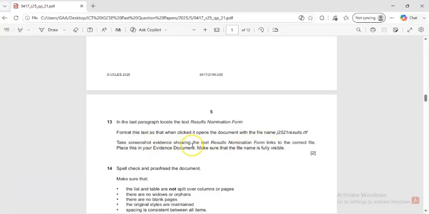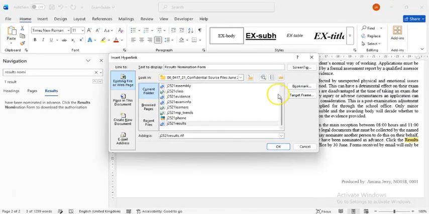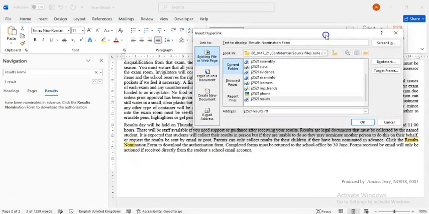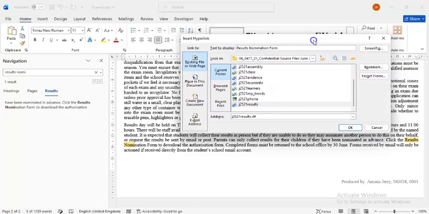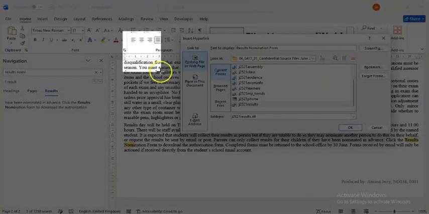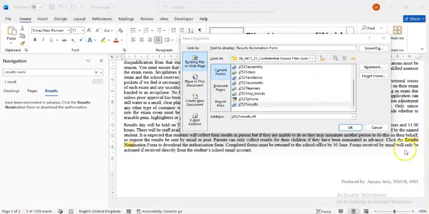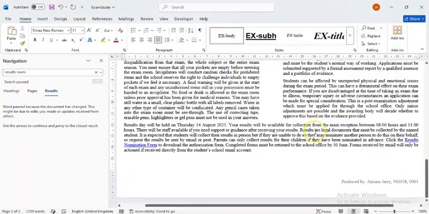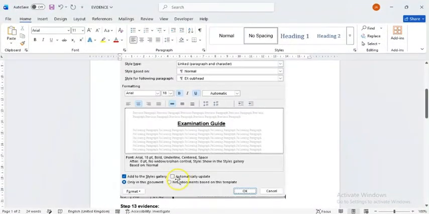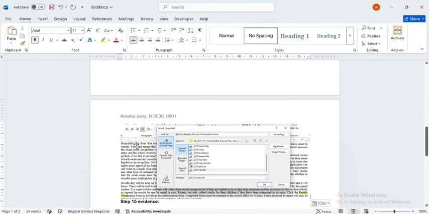Alright, so we should take screenshot evidence showing the text results nomination form links to the correct file. Right, so let's do that. So we can take a screenshot of this showing the results nomination form highlighted. So you can do print screen and then take that and click OK. Right, and then let's place this in our evidence document. That will be evidence 13 now. Okay,